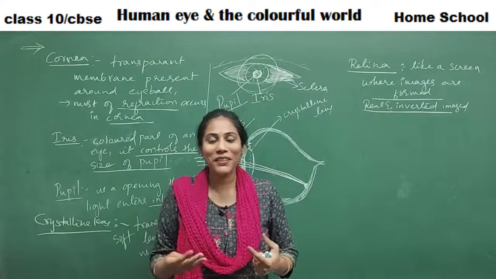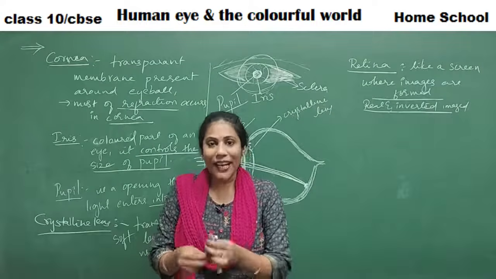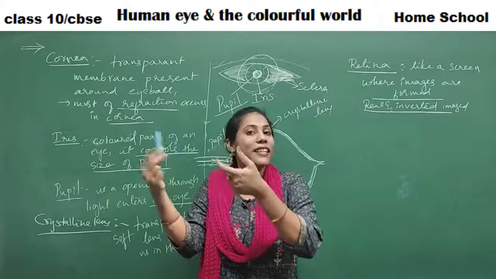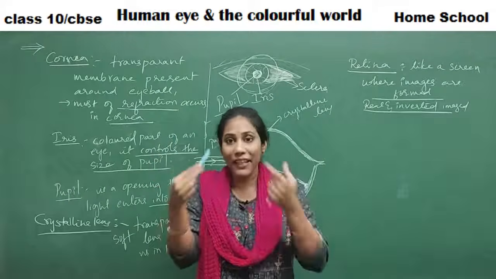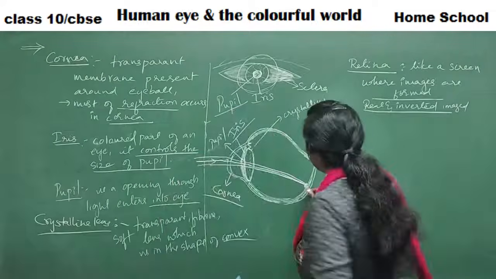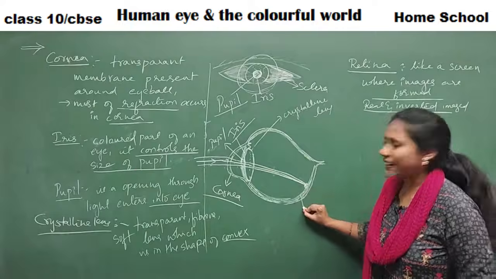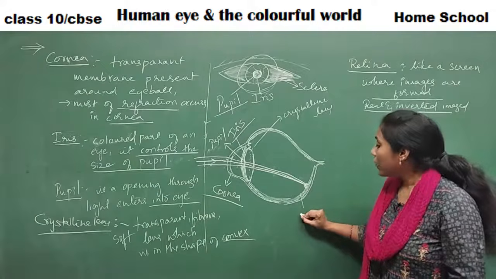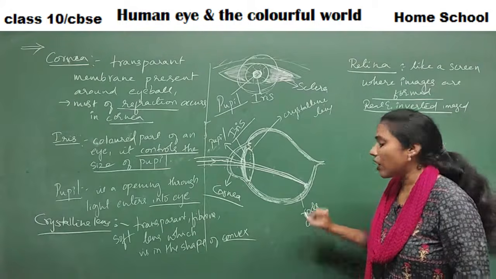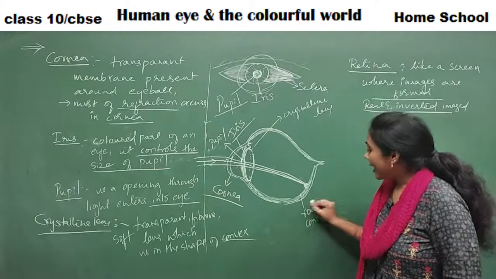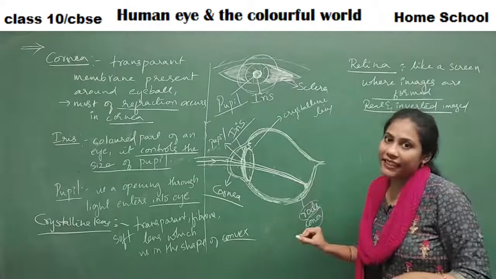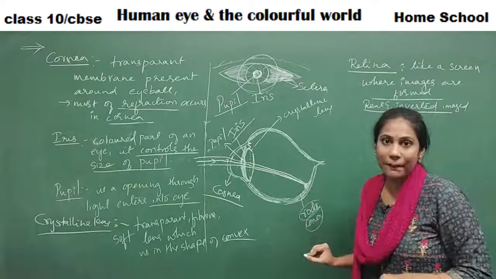We see clear objects only. For example, I have this chalk piece. I see the chalk piece as it is. I don't see the chalk piece upside down; I can't see an inverted image. How is it possible? It is because in the retina, you have certain specialized cells called rods and cones. These rods and cones actually detect what colored light is coming and how much light is coming.